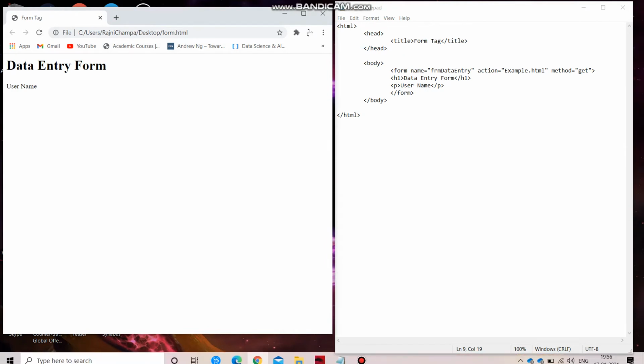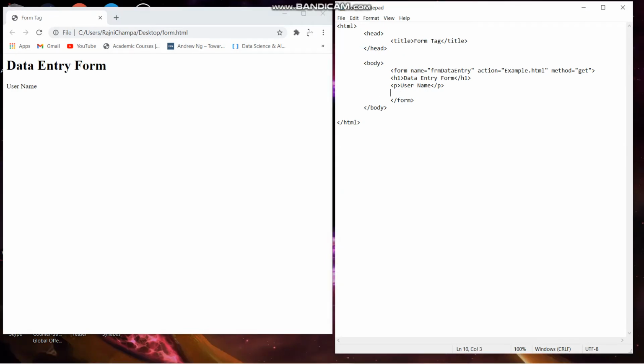The input control is an unpaired tag, and I am giving type equals text. That would be for the text box. The most important is the name. It is the identifier through which you can access your data in the form. So I am writing txt username, txt for the text, frm for the form, and I am giving the id.